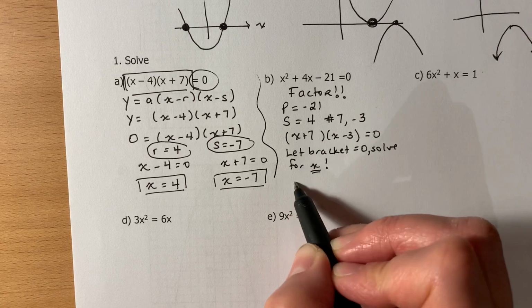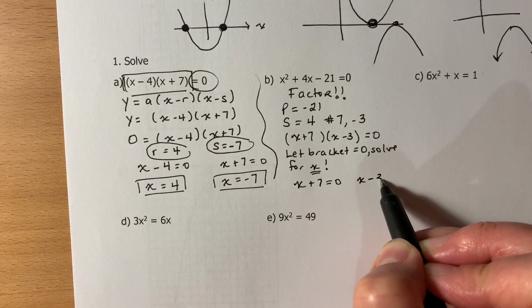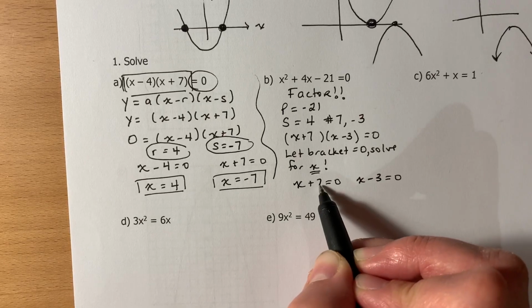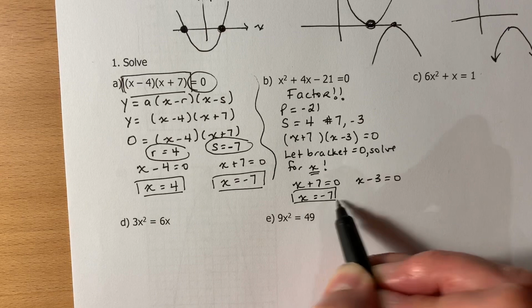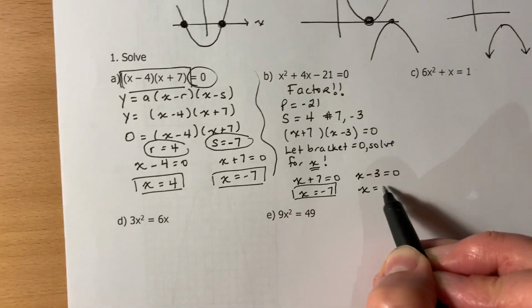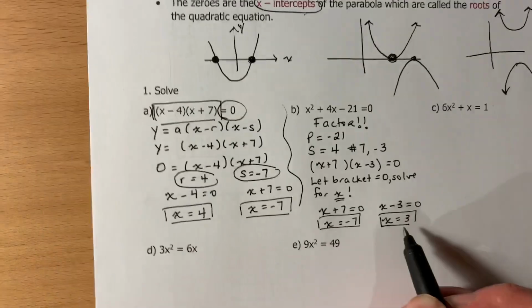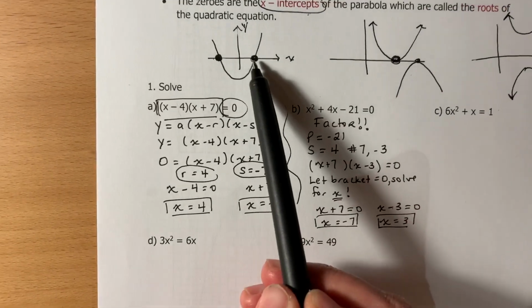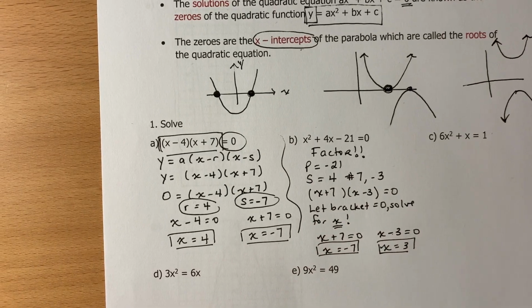Okay, so I let x plus 7 equal 0. I let x minus 3 equal 0, and I solve for x. So I move that over, x equals negative 7. Move that over, x equals positive 3. And these are my two x-intercepts. So if I were to graph them, I would have x equaling 3 and x equaling negative 7, my two